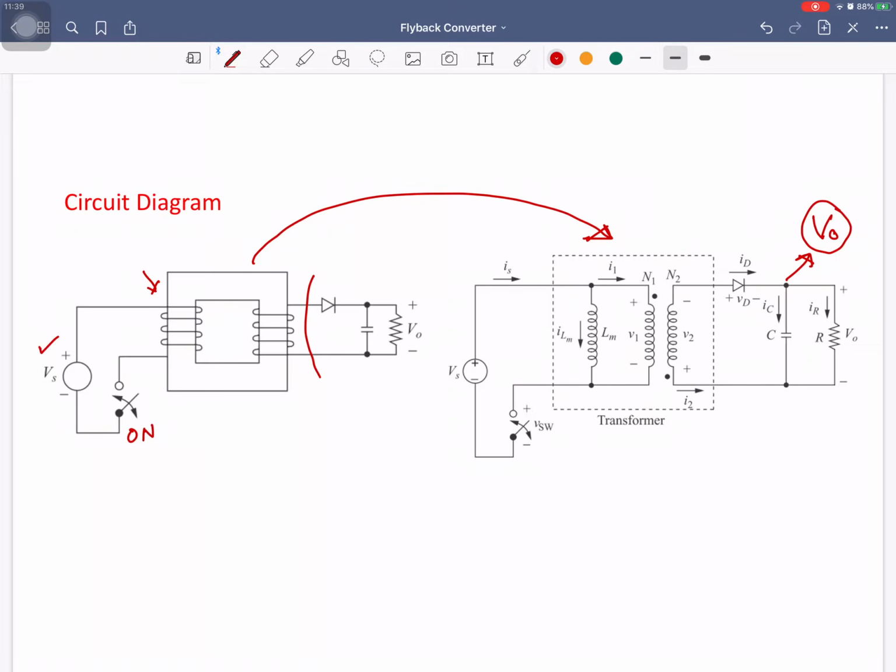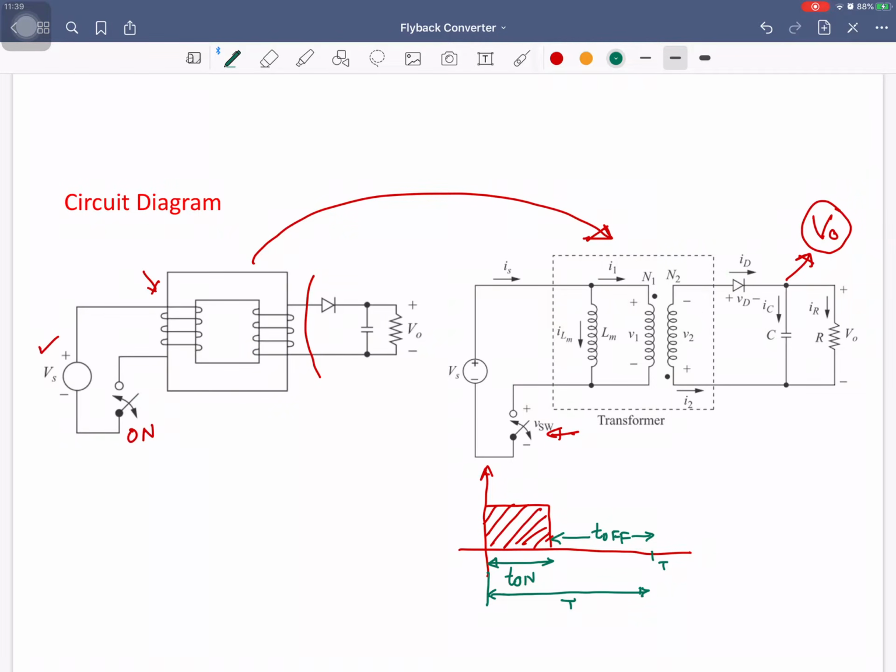Right? And the next assumption is that our switch will be turned on for a certain interval of time, that is dT, because we are going to apply the gate pulses to this switch. So by applying the gate voltage, this switch will be turned on. And let's suppose that the gate voltage is applied for the time T on, and we are operating this switch at a high frequency whose time period is this capital T. So this is the off time of our switch.